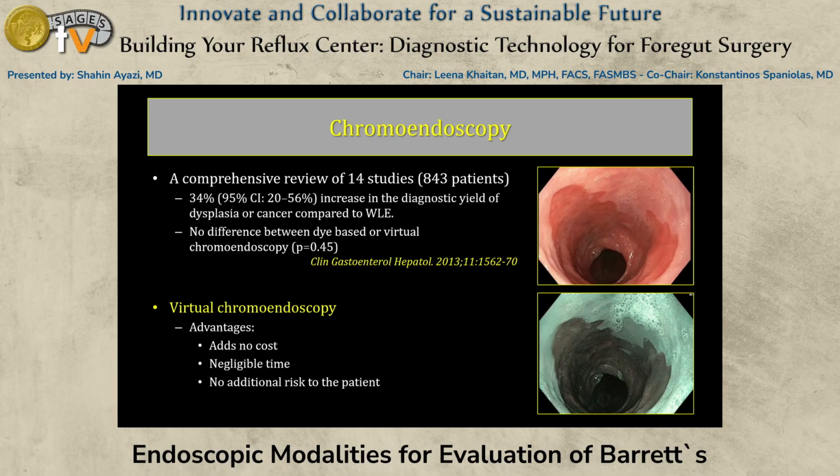What are the advantages of chromoendoscopy? There are several studies that have proven the benefits of it, including this study that is a comprehensive review of 18 studies with more than 800 patients that has shown a 34% increase in the diagnostic yield of dysplasia or cancer when compared to white light endoscopy. But interestingly, there is no difference between dye-based or virtual chromoendoscopy. And we know that virtual chromoendoscopy has some obvious advantages, such as adding no cost, negligible time, and no additional